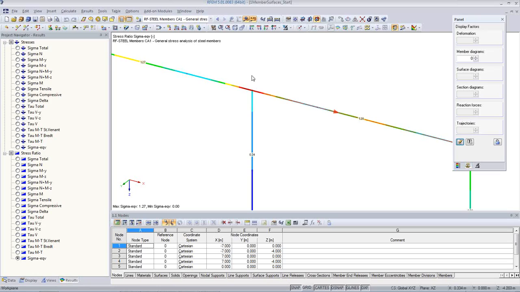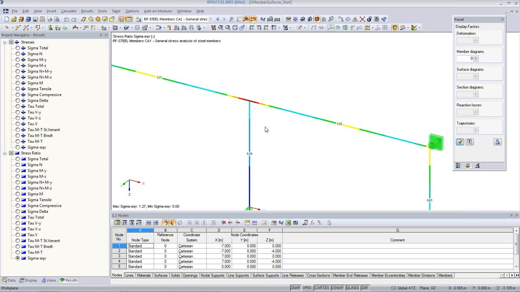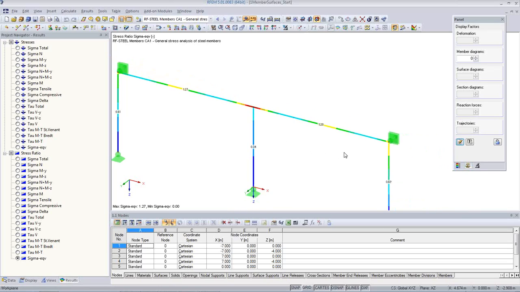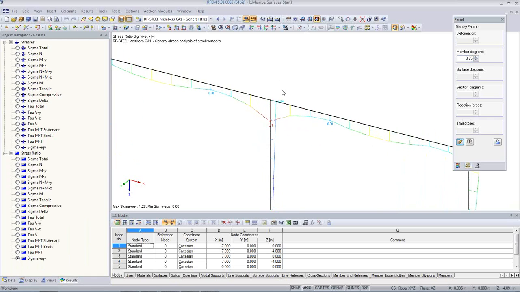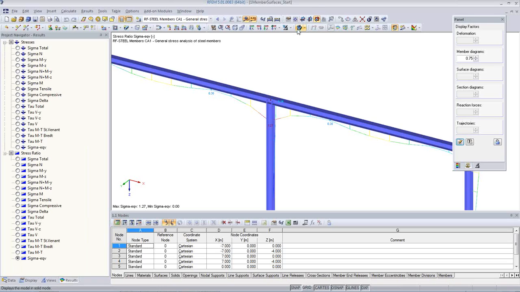Now we have the option to increase the cross section entirely of the beam here, or we can take a closer look at this connection here, and I'd like to do this now by means of generating surfaces from this 1D beam model that